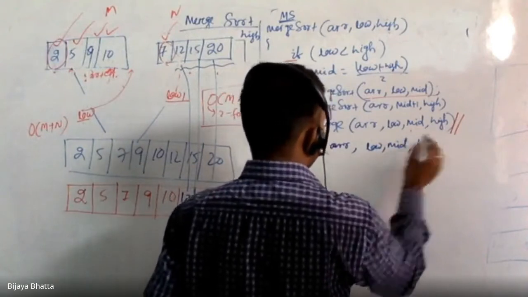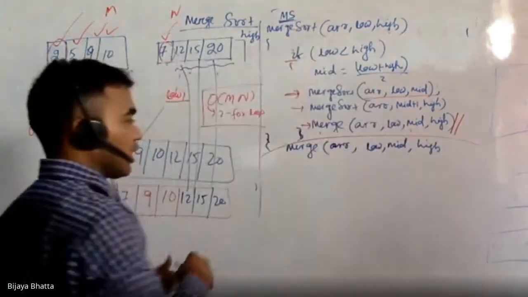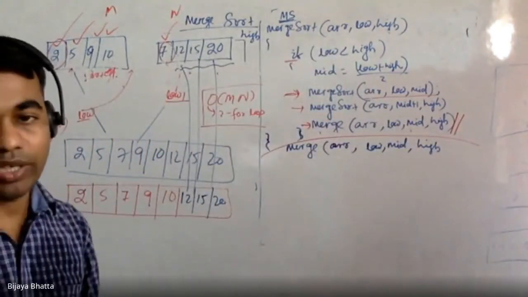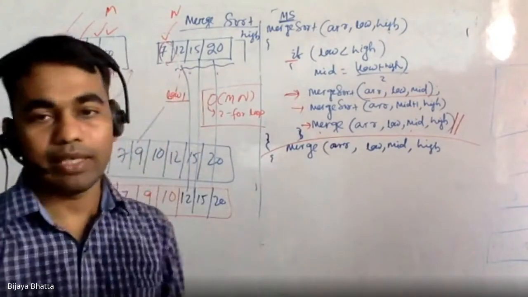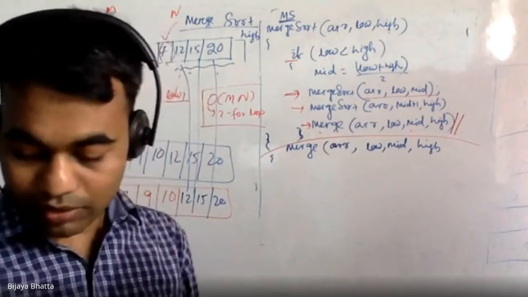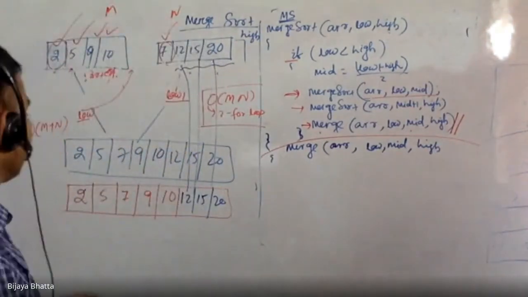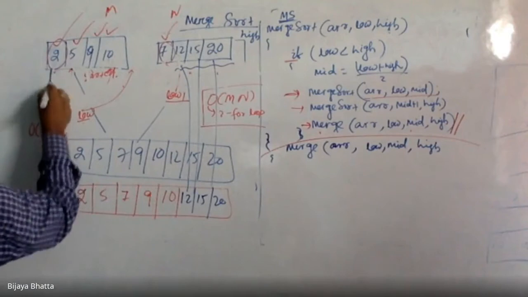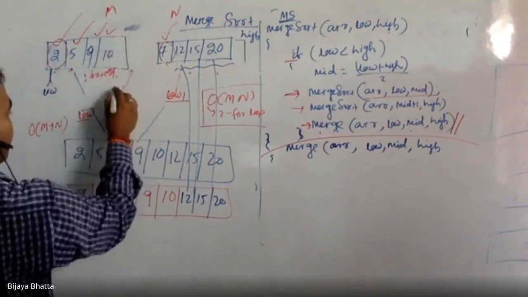So now I am writing the algorithm. This is done. So this is the merge sort algorithm. Now I'm writing the merge algorithm, right? So now how will it be? What are you doing? First of all, you need some index. So what do you need? You need this one as low. Low is already there. Mid is okay, right?